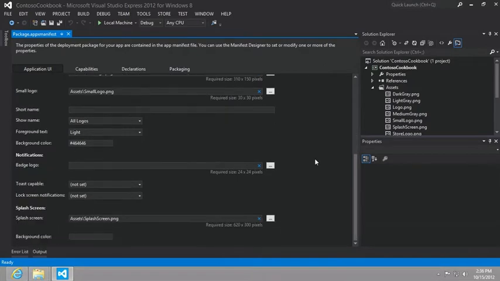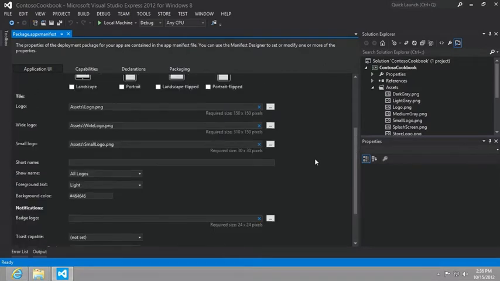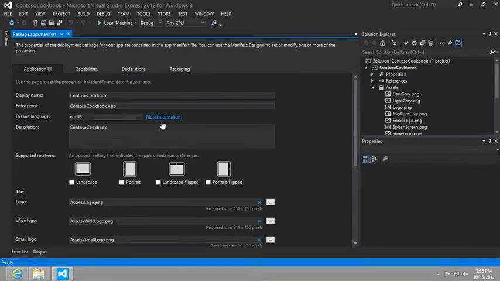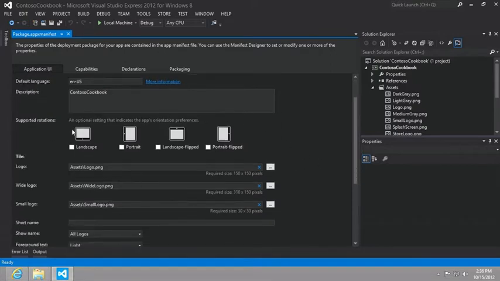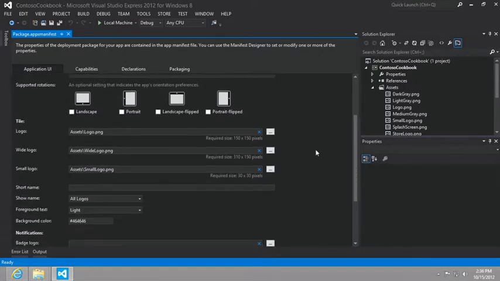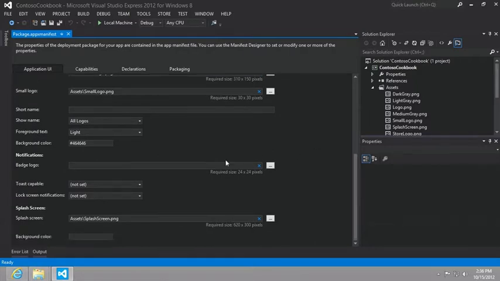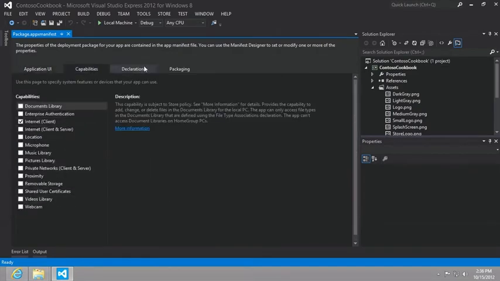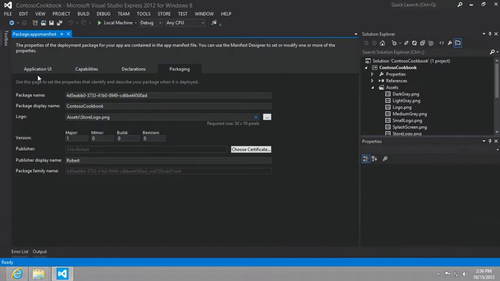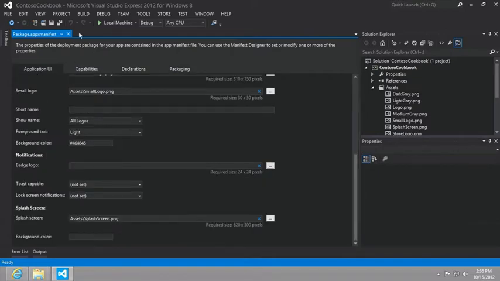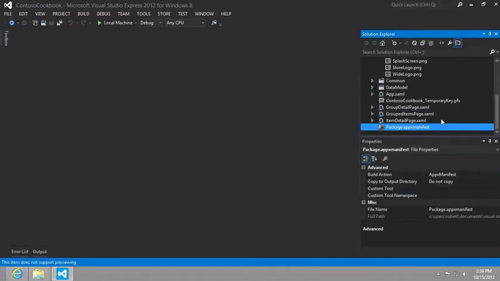As you peruse this, you can see there are a number of interesting settings here that would affect, for example, what orientations or rotations we support, the name, the background color for our app, things called badges and toast capable, and as we look through the capabilities. Again, we're going to come back to this a couple of times throughout the series, and I'm pretty interested in enabling some of the functionality that we see here. But what about this